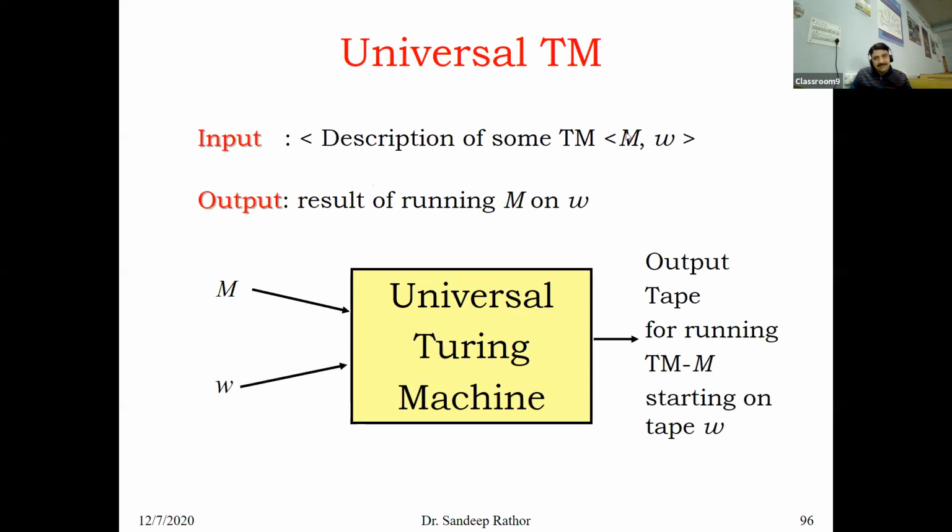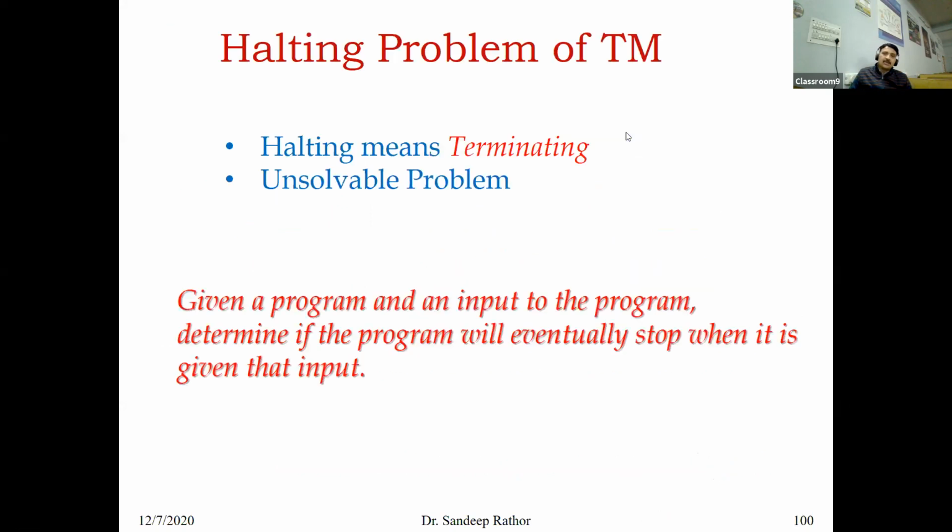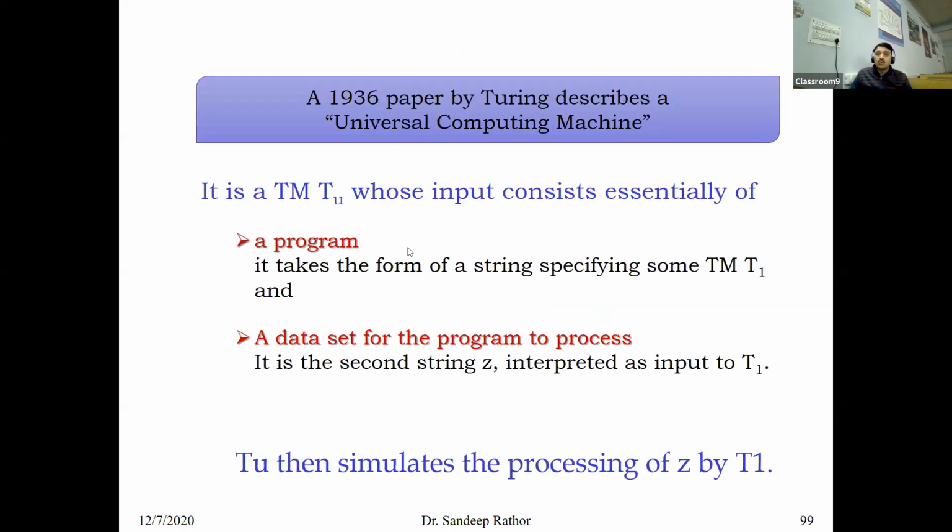The same thing can be said in this way: we require two components, a program or machine, and second, the string or the data set for the program to process. This machine was proposed by Alan Turing in 1936 in his research paper titled Universal Computing Machine. Clear? So if anyone asks you to write a short note on Universal Turing Machine, because this type of question can be asked as a short answer type question,